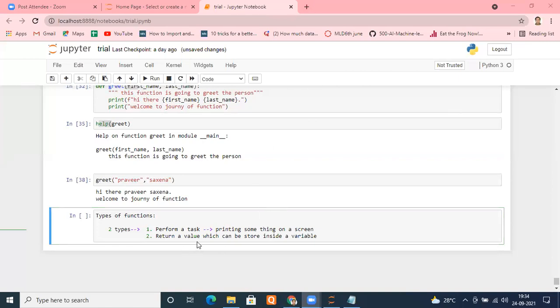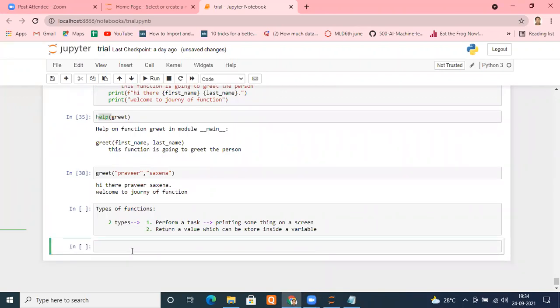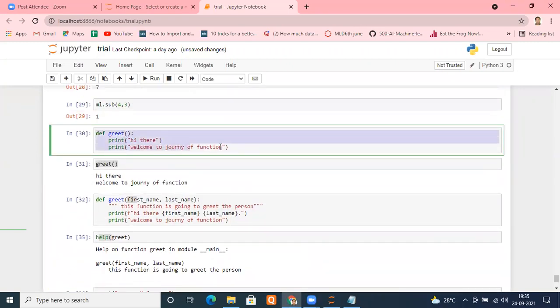Fine. So you can return a value which can be stored inside a variable, and once the value is stored inside the variable, then you can do whatever you want. You want to send it by email or do something else as well. Let me show you an example. The one type of function we have already seen is just doing some task, not returning anything.